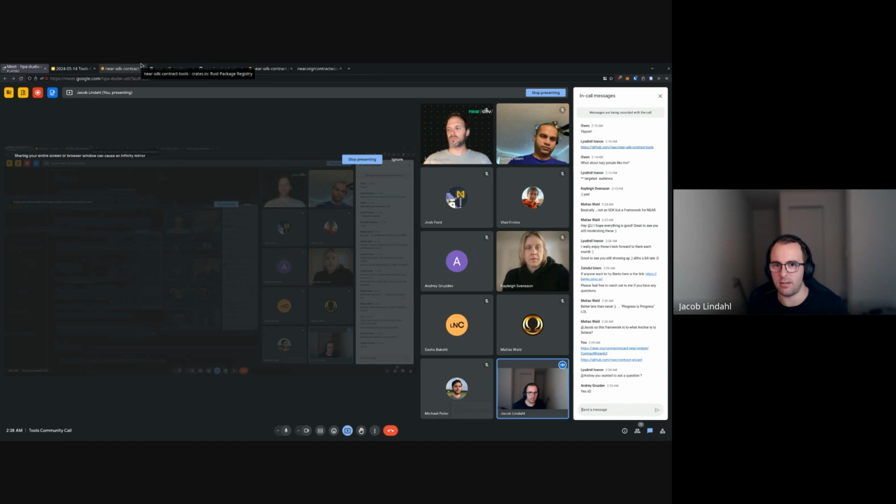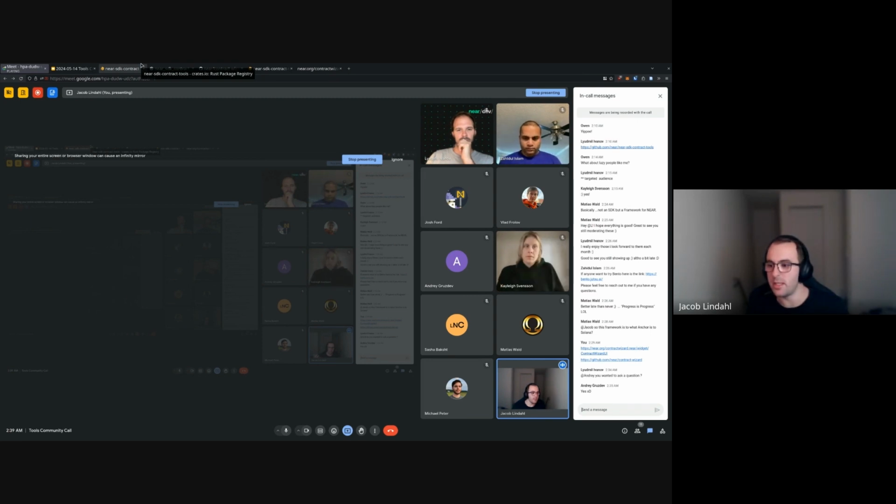I don't think that is a remarkably better user experience than what Near SDK version 5 already provides, because with Near SDK version 5, you can add a contract metadata attribute to the Near macro, and you can type in, I implement this standard, this version, here's my Git repo, something like that.